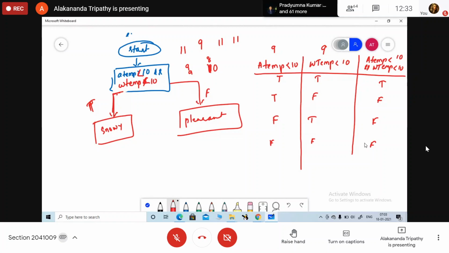So if it is written that if air temperature is less than 10 or water temperature is less than 10, so what are you going to do?